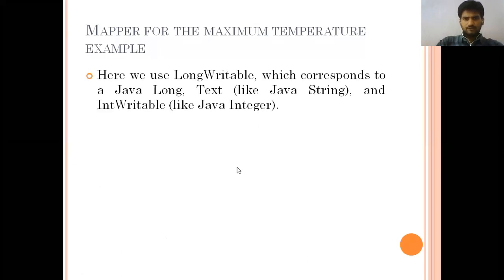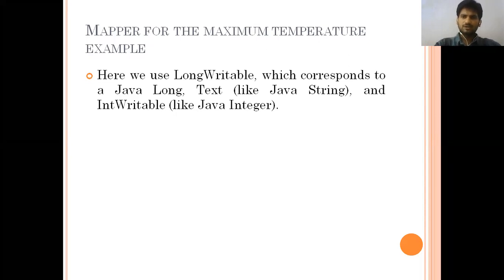So the mapper function will use LongWritable. Again, what are the things we can perform on the data? We can write and read. According to the blocks of our Hadoop, we have two: a master and a slave, namely the name node and data node. In one way we perform the write operation, in another way we perform the read operation. The same way here in programming we consider LongWritable.